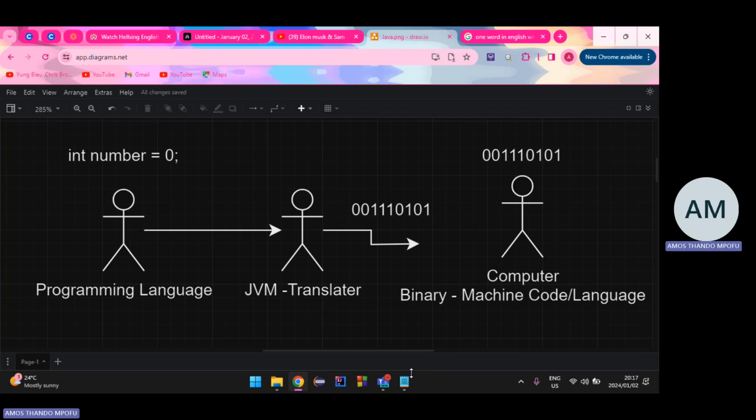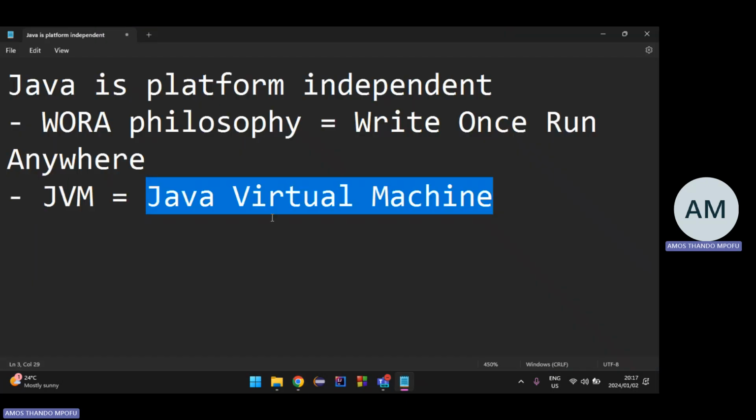So that's one of the benefits. It's platform independent. It doesn't matter if you write it on Windows, it can still run on Kali Linux, on Mac OS, everywhere. That's the nice thing about Java.